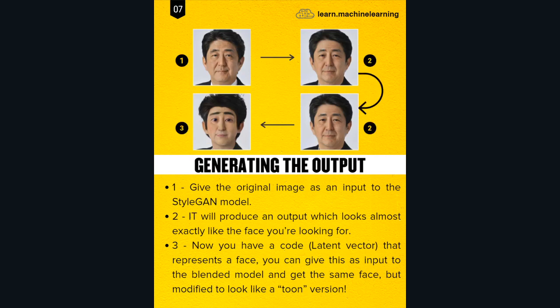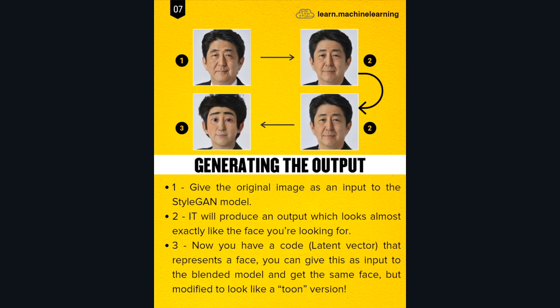And this is how we'll be generating the output. We give the original image as an input to the original StyleGAN model, and we get the output of a similar face, which looks very similar to the original face. Because StyleGANs generate a lot of images, you can go and search for any image and you'll get that. Any type of features, it will give the output with those features. So we'll also get a very similar face to the input image, which we call a latent vector.